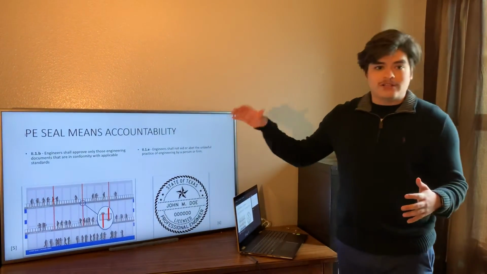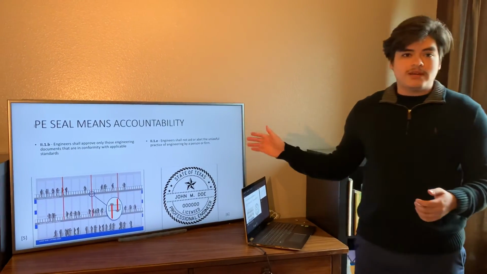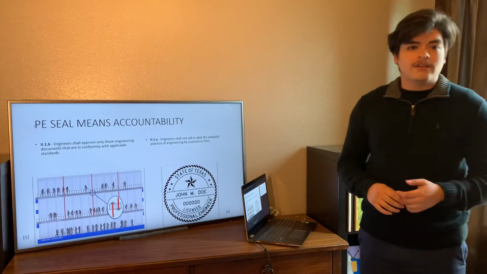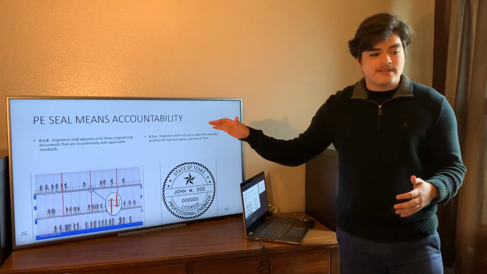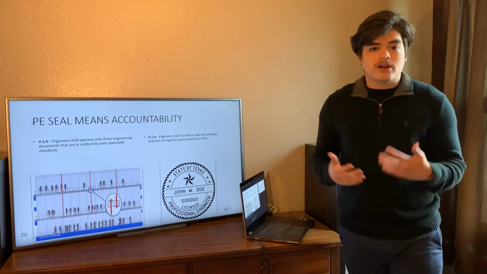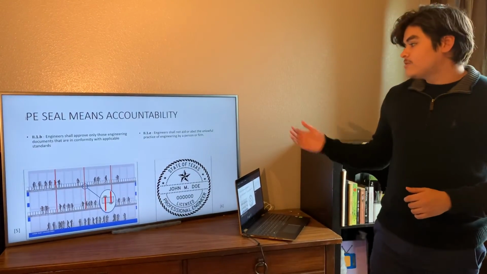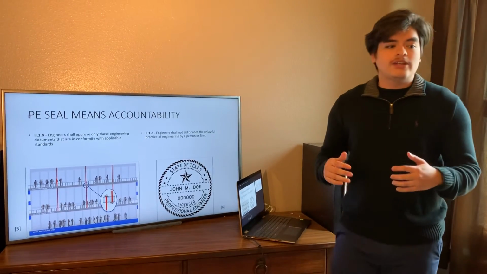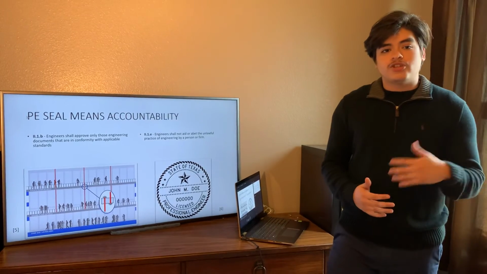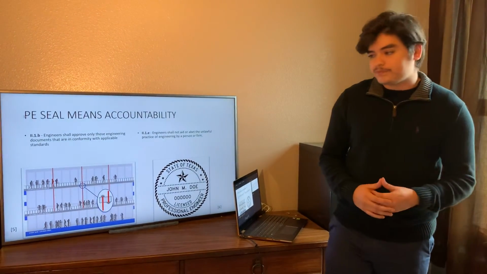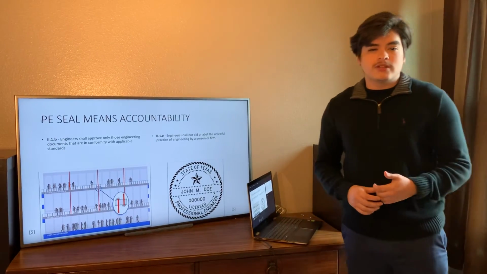And finally, I'll quickly touch on the last two codes, 2.1.b and 2.1.e. They're pretty self-explanatory. The first one states that you shouldn't approve any document that's not up to standard, and the last one states that an engineer shouldn't aid in the unlawful practice of engineering by a person or firm. For this, I just chose a pretty popular example, which is the